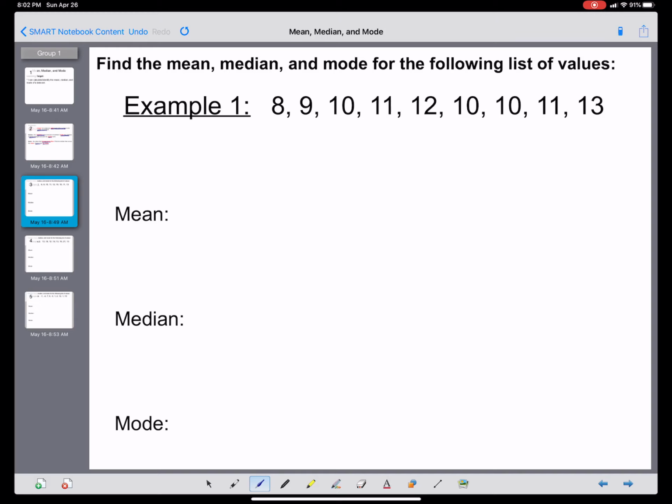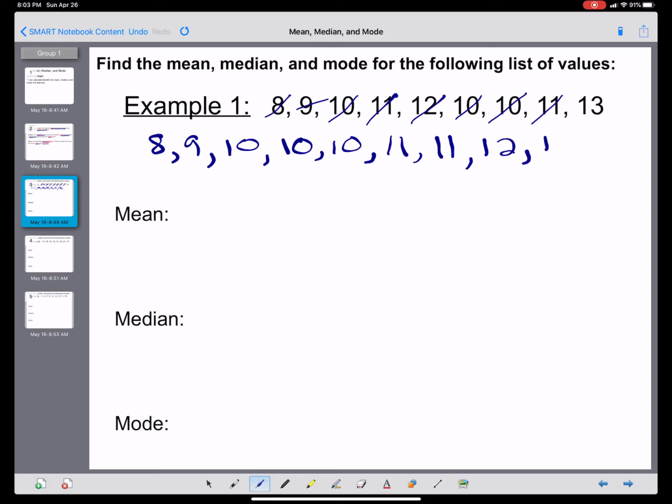All right, so here's a set of data. And what I like to do is put them in order from smallest to largest. So let's start with the smallest number, which is 8. And I'm going to cross it off here so I don't repeat myself, and I start eliminating my list. I have 9, 10. Okay, then I have another 10 here and another one. 11, another 11, and then 12 and 13. So now it's in order from smallest